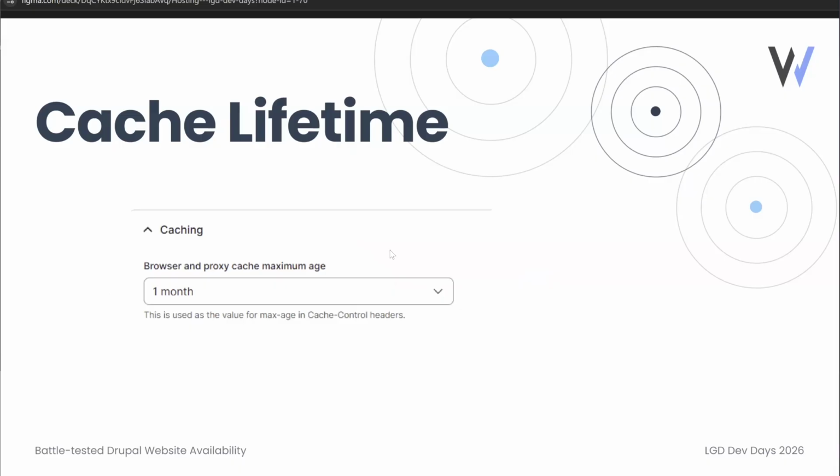So what's really good with the system is that you can set your cache lifetime to be incredibly high. I think you actually need a patch to be able to set it to a month. This is like taking this from a production site. So the really cool thing is that this is the